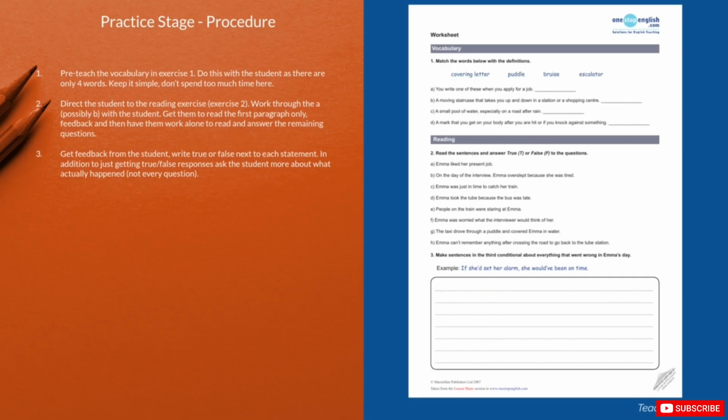So we're going to get the feedback from the student, and I think it's a good idea to write true or false next to each of these statements. So when we come back to it, we can remember